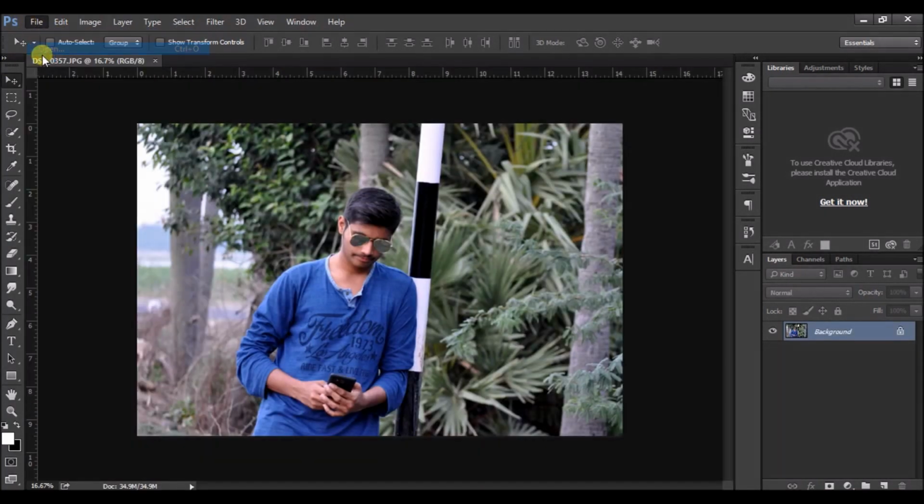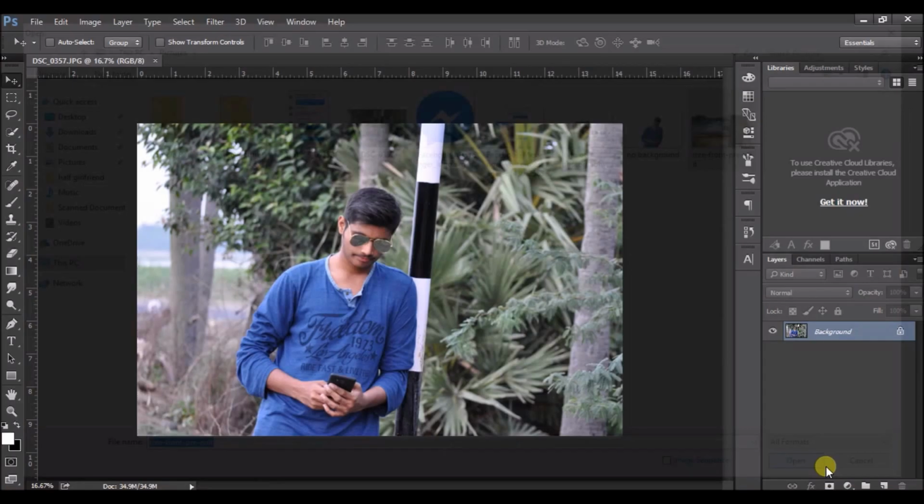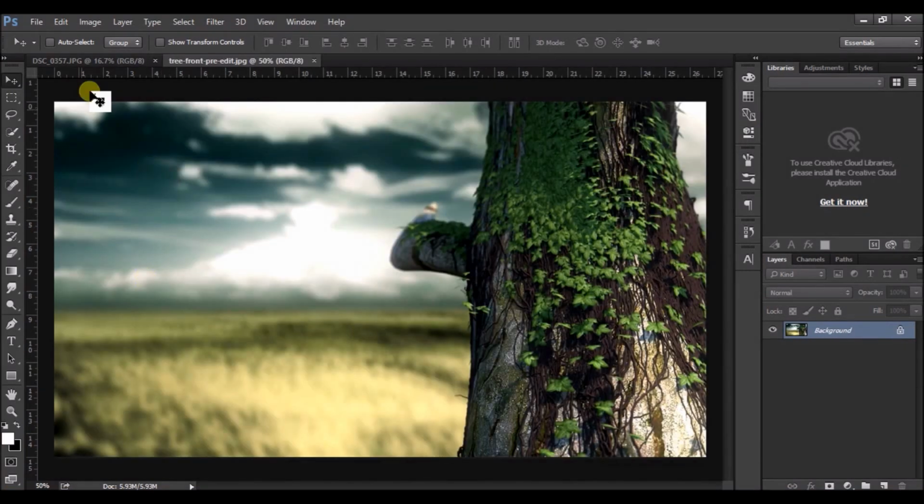Now select your desired background. Select it and click on open. Yeah, we got it. Now we have to know the image size which we want to place on the background,